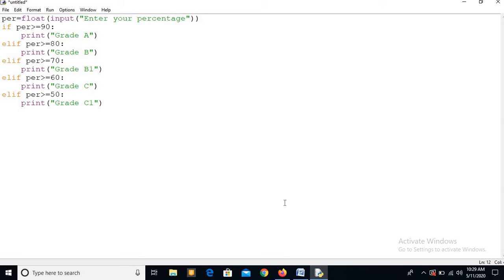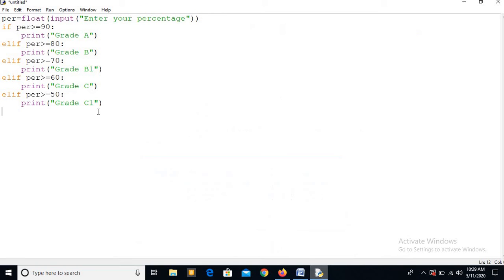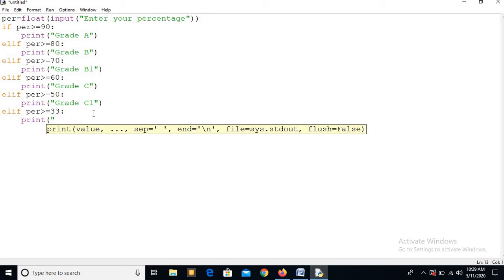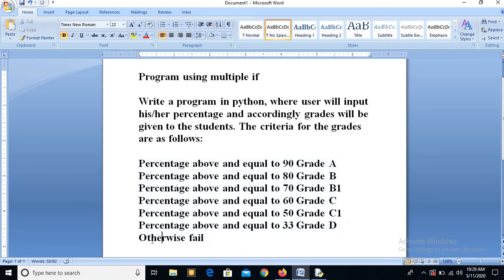Okay, then the last condition is percentage above and equal to 33, that means grade D. So elif percentage greater than equal to 33, print grade D. Now what is written over there afterwards? Otherwise fail.